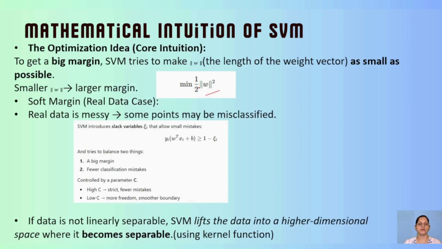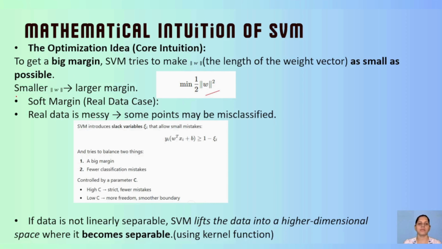So now we understood this. Now we will understand the soft margin. So this is my hard margin, in short. What is my soft margin going to do? In reality, your data is never like this, right? If I draw it here, my data can never be like this, right? If I have two classes,